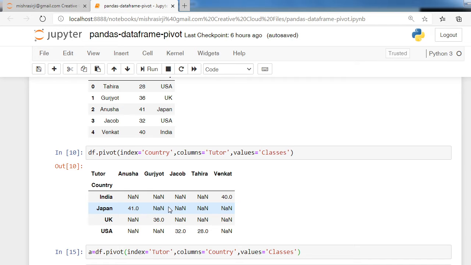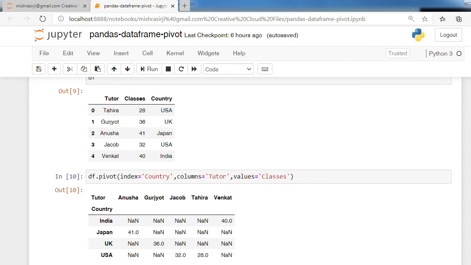Okay. Next one is Anusa, having 41 classes and belongs to Japan. So see the row index and column of Anusa and put this value 41.